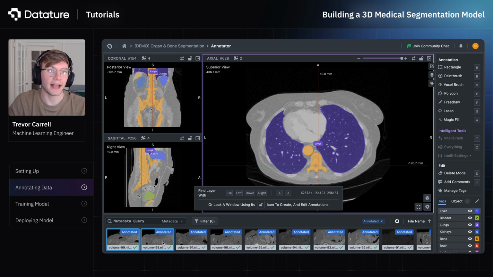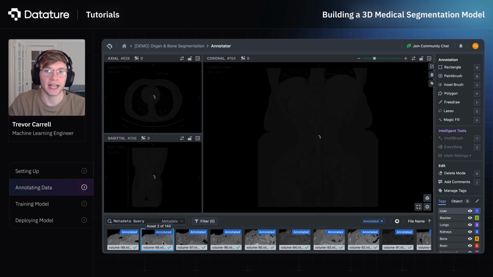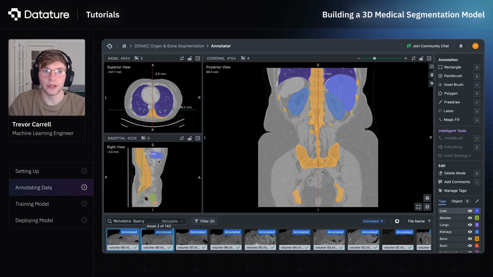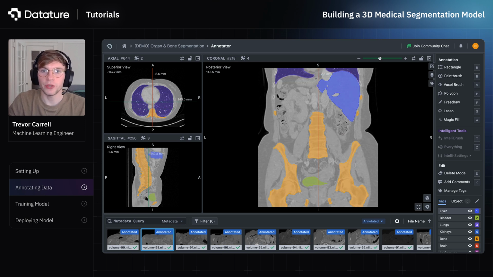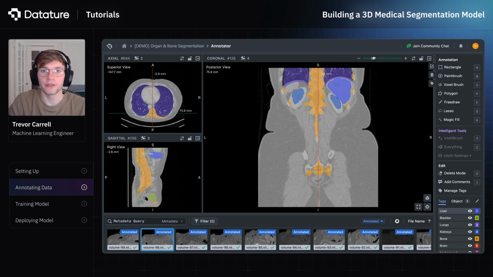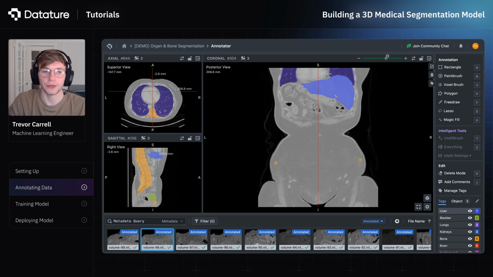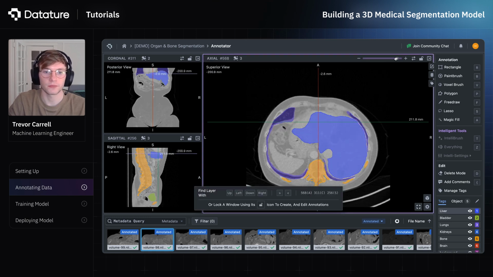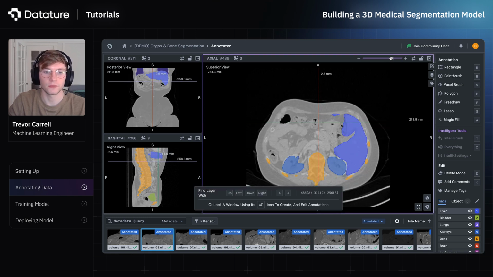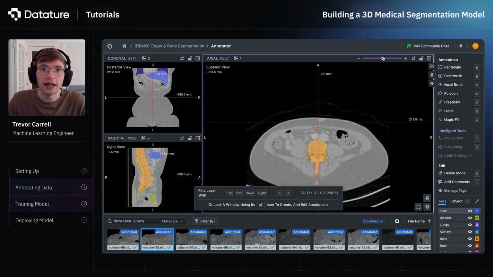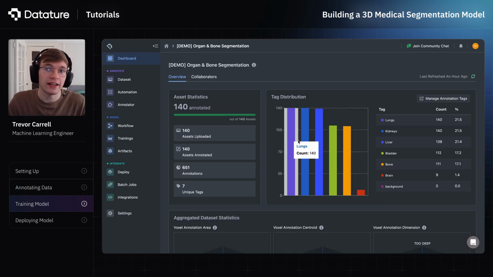We can view another asset by clicking on it in the asset gallery at the bottom. Once loaded, we can see the annotations present in this asset. Like before, we can navigate through the slices and observe them through any of the orthogonal views. Now that our assets have been annotated, the asset and annotation statistics on the dashboard will be updated with the